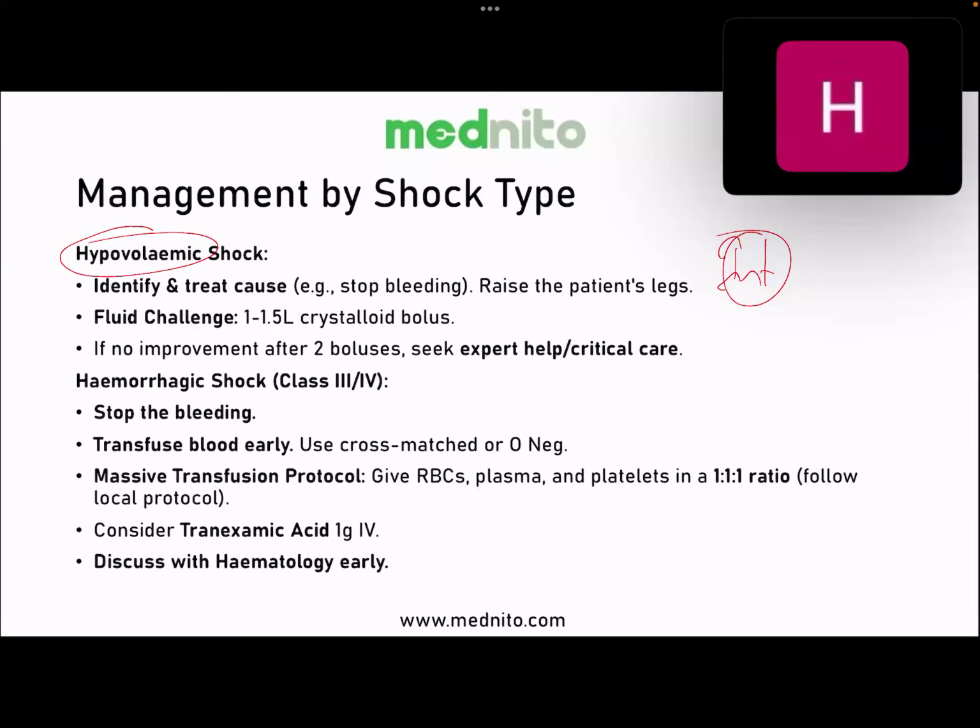In the question, if you are not able to see the bleeding anywhere, the gut is fine, back passage is fine, front passage is fine, there is no trauma, but the patient complains of low grade back pain with blood pressure that has dropped less than 90, it is the retroperitoneal bleeding that is happening. It is basically because of the rupture of the aorta that is usually tested for PLAB 1. Please remember that it is IV fluid with crystalloids of 1 to 1.5 liter bolus that needs to be given, please.